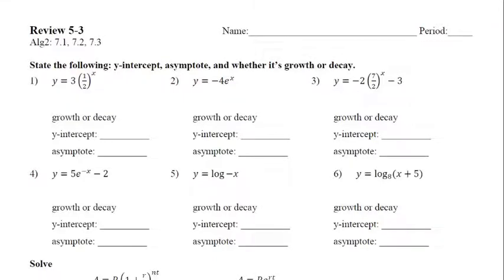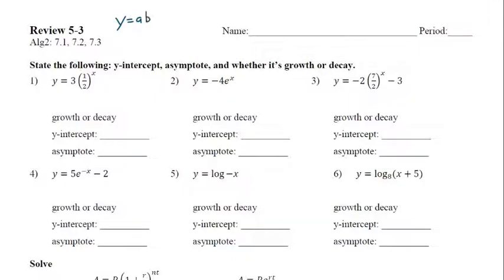Alright, this is review 5-3. This is section 7.1, 7.2, and 7.3. Alright, the first section is basically you're stating the y-intercept, the asymptote, and whether it's a growth function or a decay function. Okay, so remember, your equation for an exponential is y equals